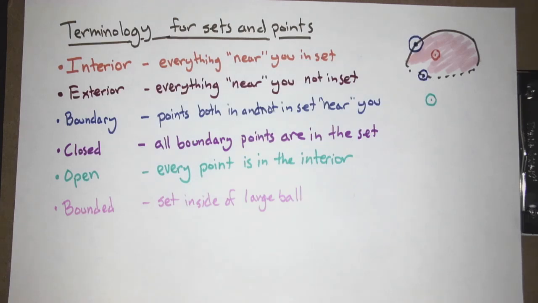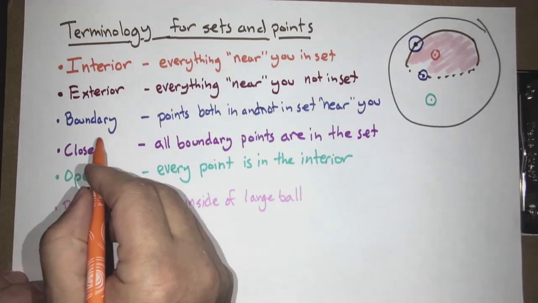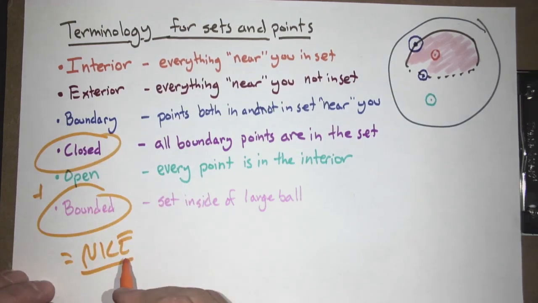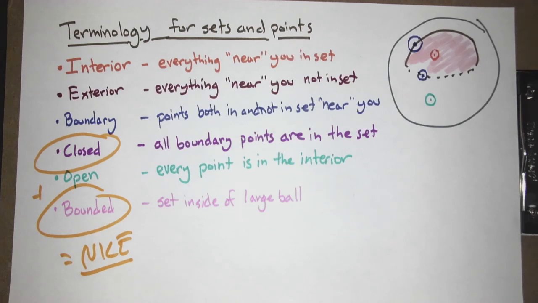If you have all your boundary points, you are closed. If you have none of your boundary points, you are open. Now, the last idea is this notion of bounded. Bounded basically means you don't get big. I can put you all inside of one big ball. Now, the big moral of calculus, which we don't tell you about, is closed plus bounded equals nice. And so we will often say, if you have a closed and bounded set, you have a very nice property that follows from that. So we'll do a little bit with this, but again, don't worry too much about the